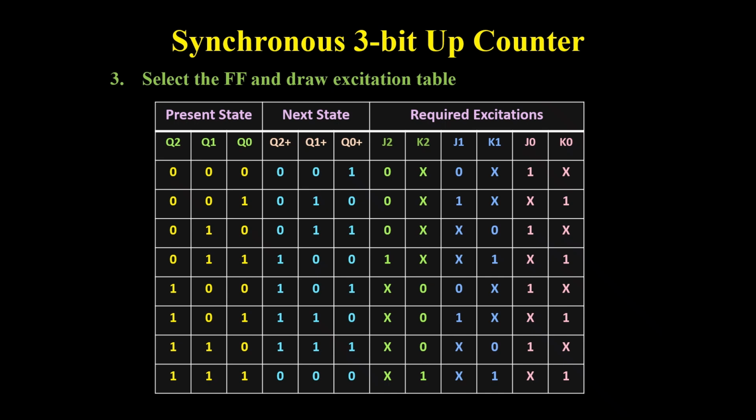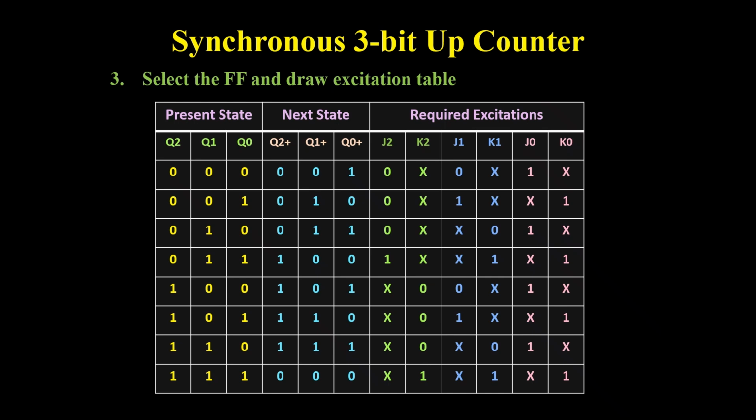So as you can see in this excitation table of the counter, one column shows the possible output states of the counter. So here for the 3-bit up counter, the output count can go from 000 to 111. Then this next column shows the next state of the counter. That means if the counter is in a specific state, then what will be the next state of the counter? For example, if the present state of the counter is 001, then at the clock edge, the next state of the counter will be equal to 010. Similarly, if the present state of the counter is 101, then at the next clock edge, the state of the counter will become 110.